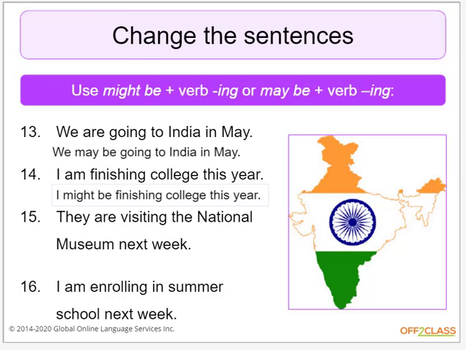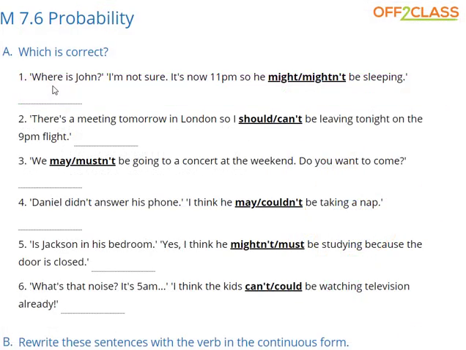Okay, let's look at the homework real quick. So for probability homework, here's the first exercise. Which is correct? We just have to use the correct verb. Where is John? I'm not sure. It's 11 p.m., so he mightn't be sleeping. So this is interesting. Do you think it's might or mightn't? Put your answer in the comments below. Let me know. But the answer, in my opinion, is might,